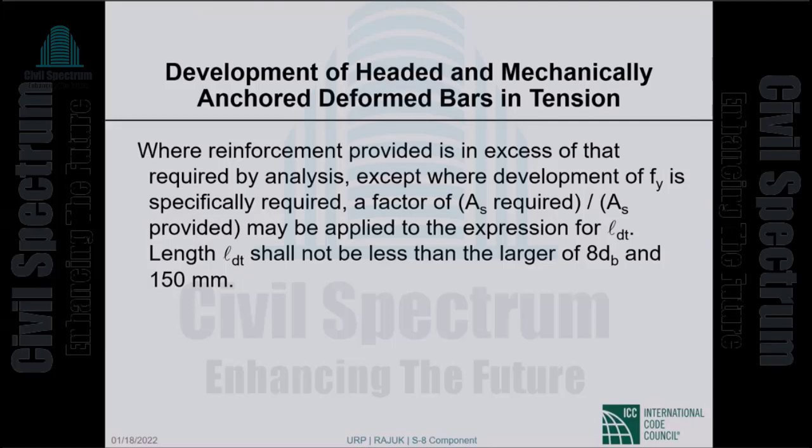I don't remember when it went, but it went because here part of the stress transfer is by bond, only part. The remainder of the stress is transferred by bearing of the head on the concrete. Obviously, the stress that is transferred by bearing of the head on the concrete has nothing to do with this kind of reduction. It is only the stress that is transferred by development that might be a logical candidate for a reduction. So this reduction factor has been dropped subsequently.